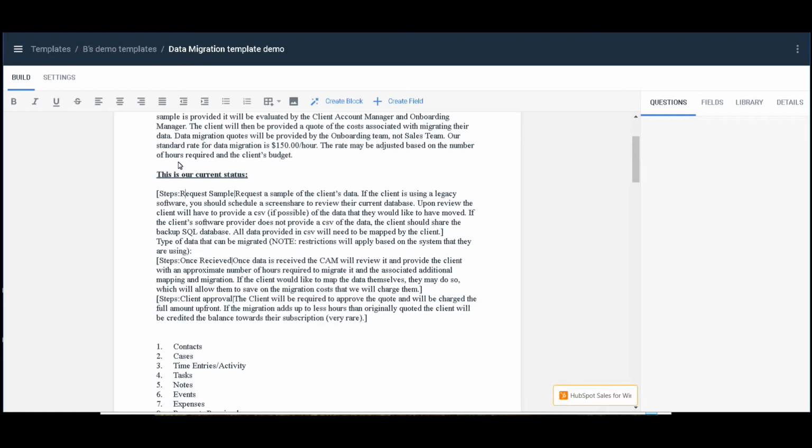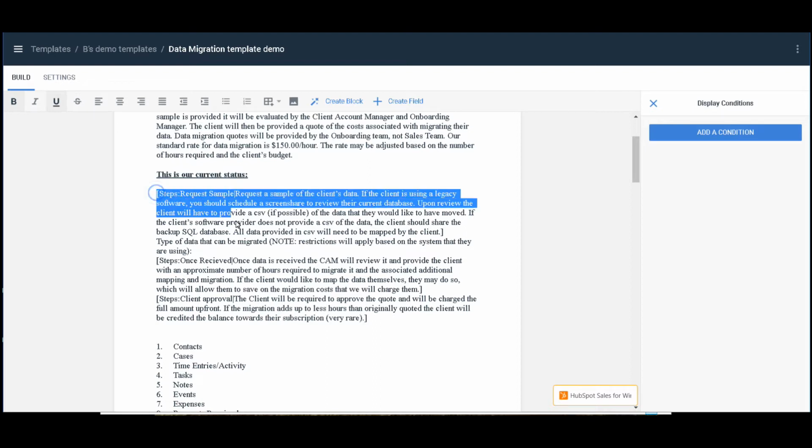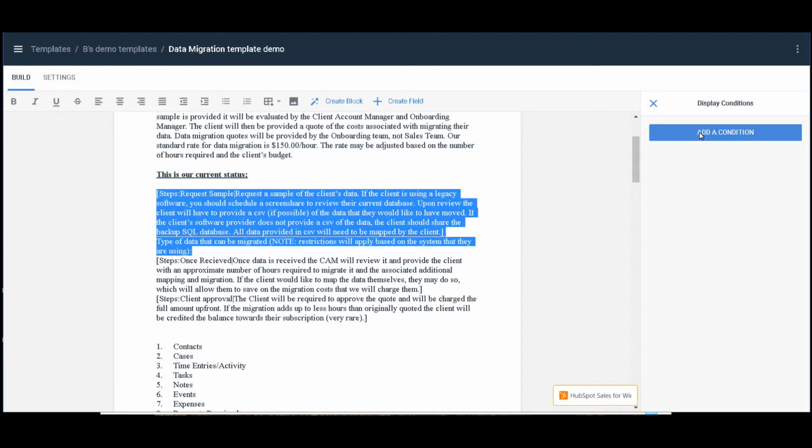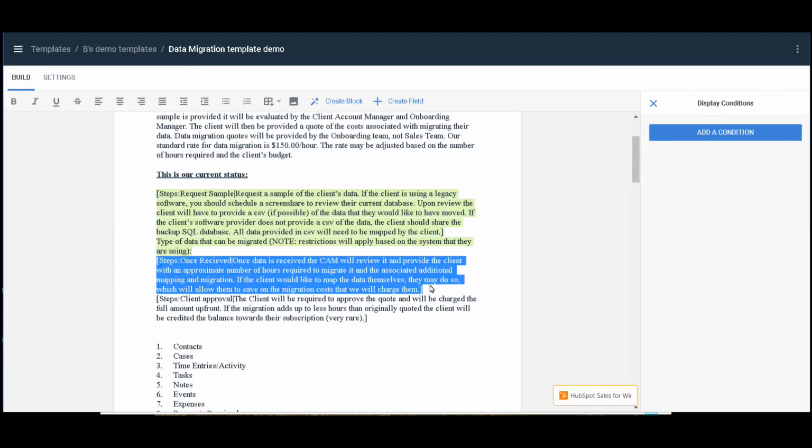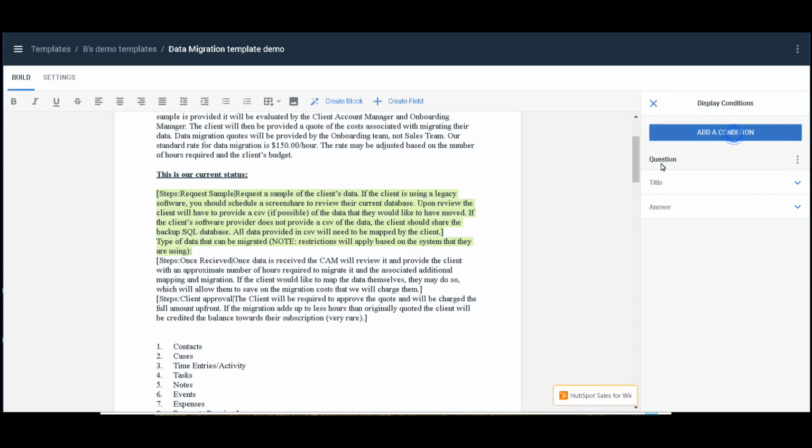So in this instance, we're going to say this is our current status. So what we'll do is take the first response to that, add a condition. The question is going to be, and the response will be, then we'll highlight the next one, we'll add a condition, and the same question is there because they're going to be tied together. But before we do that,